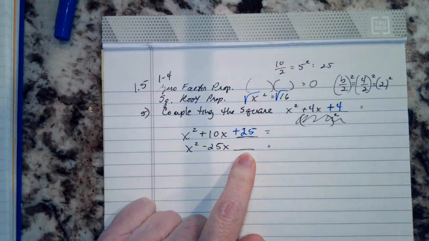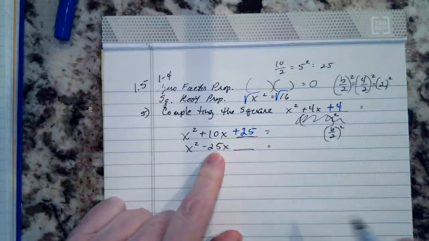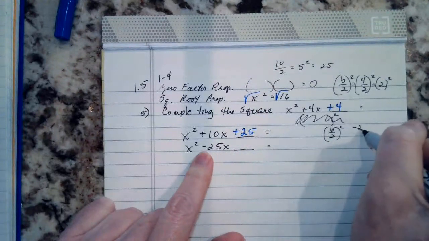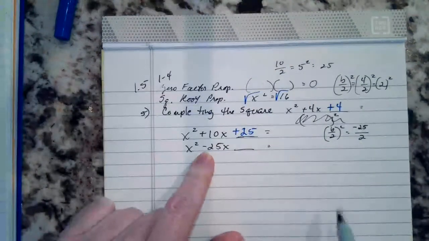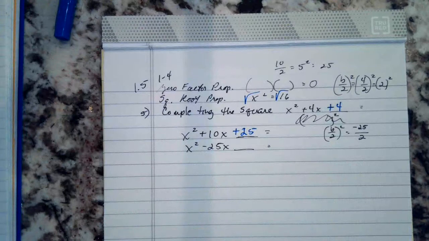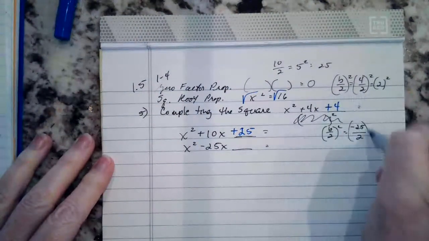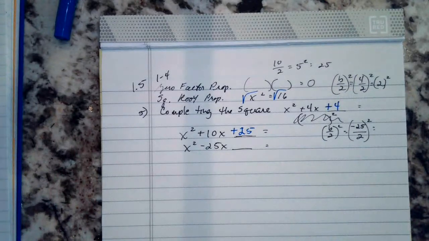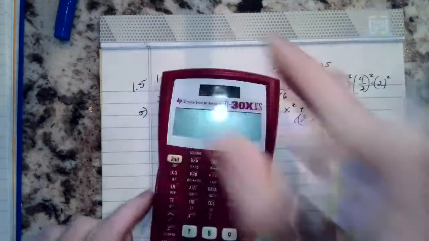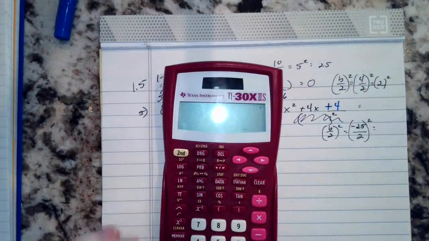Same thing we were doing here, b over 2 and squared to determine what goes there. So let's take negative 25, be sure you see it's negative 25, divided by 2. Don't change that to negative 12.5. It works better when you don't, and why make more work for yourself? So first thing we do is take b over 2, and now we're going to square it. So you want negative 25 squared. Be careful anytime you're squaring a negative. A negative squared will be a positive number, but if you put it in your calculator,